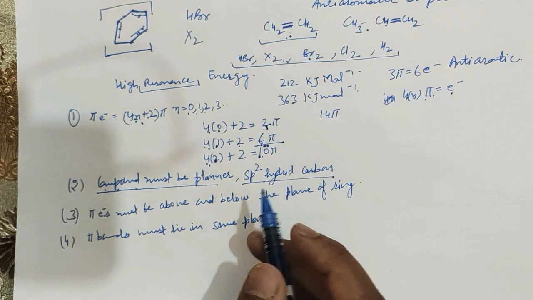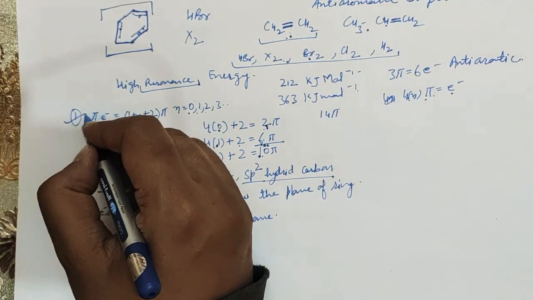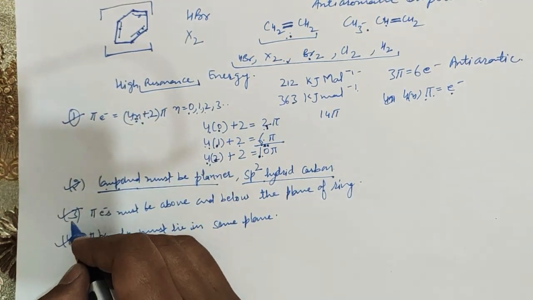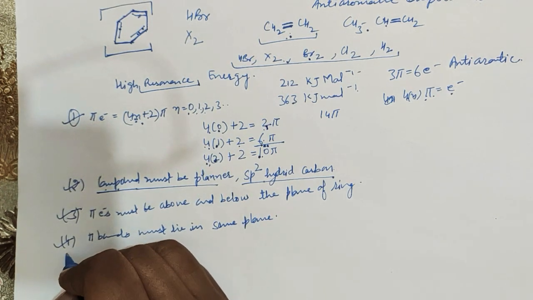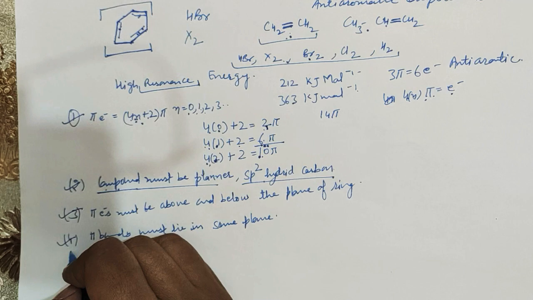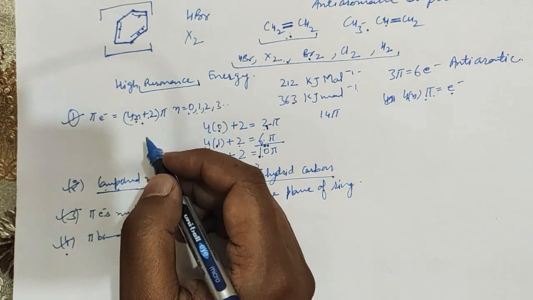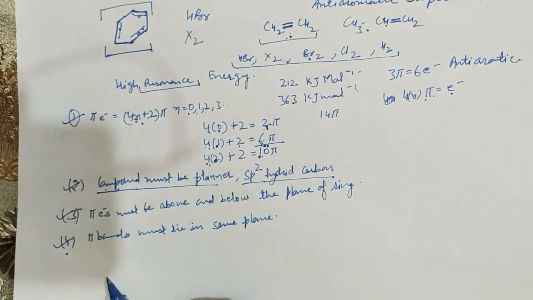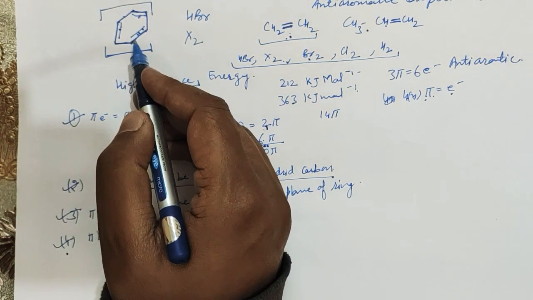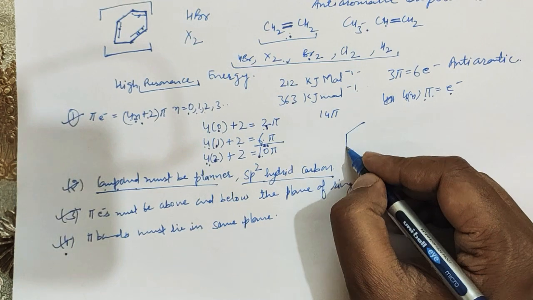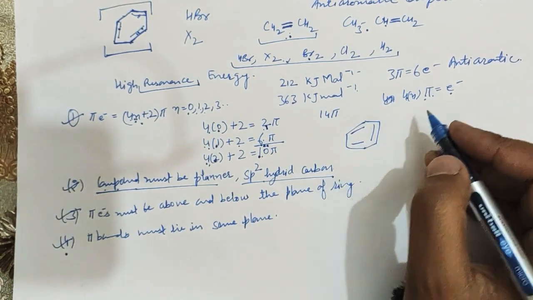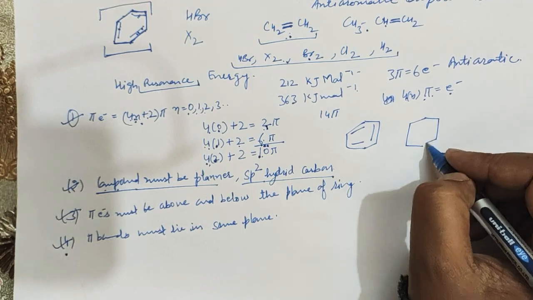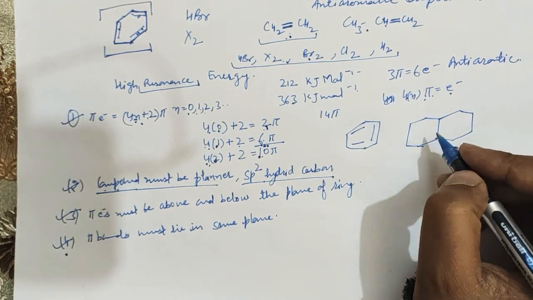So you may be asked the MCQ from here, where out of these 4 conditions, 3 conditions are given and one wrong condition is given, and you have been asked to identify the wrong statement. So you may read all the statements and identify the wrong statement. Or you may be given examples like benzene ring and other compounds to identify which of them is aromatic or non-aromatic or anti-aromatic.